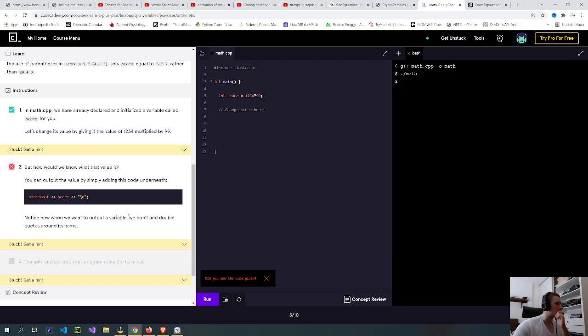So what's wrong here? But how do we know what the value is? You can output the value by simply adding the code underneath. So std::cout.